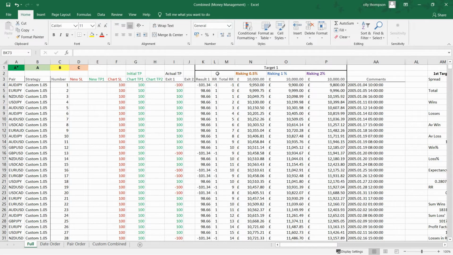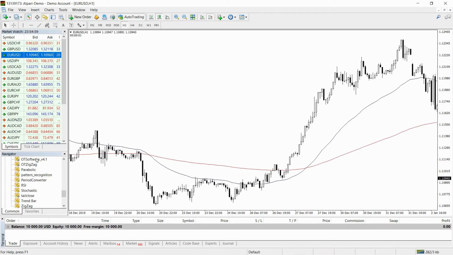Okay, so these are my results. This is what I am trading at the moment. You can see custom 1.05 because I'm trading a custom pattern. You can see the pairs that I trade, number of trades, so on and so forth. Now, I'm risking 1-to-1 risk reward. So like the strategy we showed you just then, 15 pips to make 15 pips, I'm risking exactly the same 1-to-1 risk reward. But because I'm trading the patterns that I showed you based on my software, the advanced patterns, my custom advanced patterns, so my own ones,